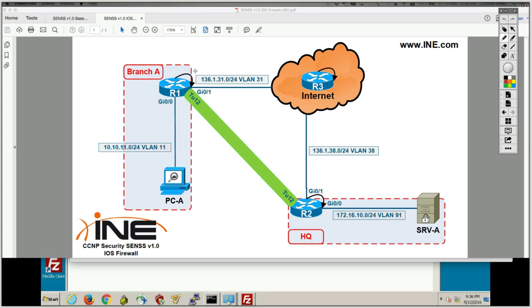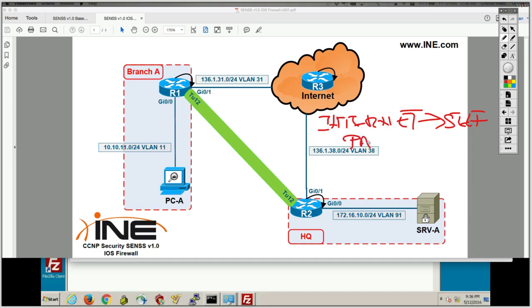Okay, so let's build a firewall policy from the internet to the self zone, which, let's say, I'm going to allow using a pass action.